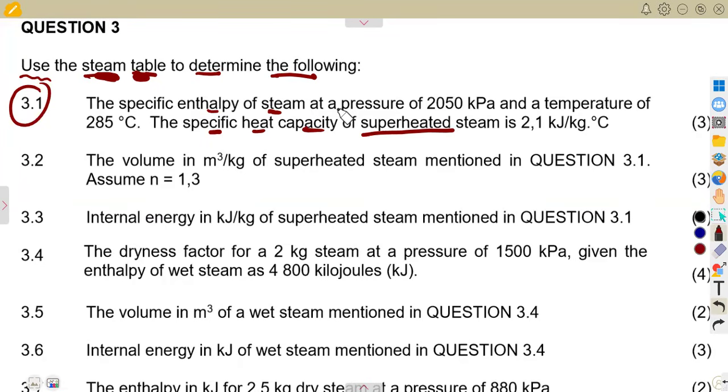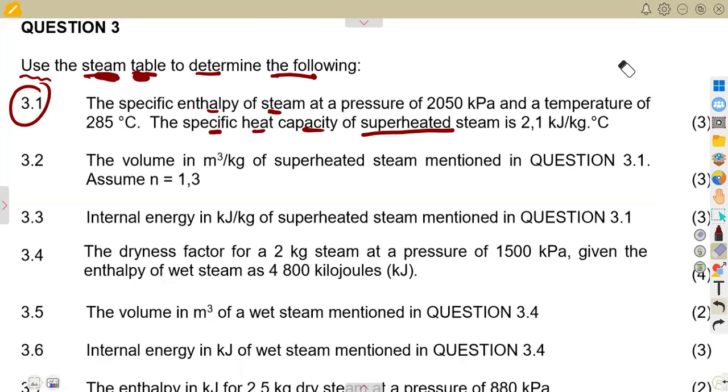It's either the dryness fraction, which is our X, or they can give us maybe 10% wet. Then we know that the specific enthalpy there is H wet. But the moment they just say, calculate the specific enthalpy,